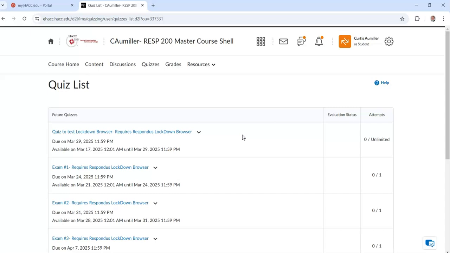There is an exam each week. Please make sure you note the dates of when those exams are due and when they open, so that you do not miss any of the exam dates. There are no makeup exams. The exams make up 75% of your grade. Discussions make up the other 25%.